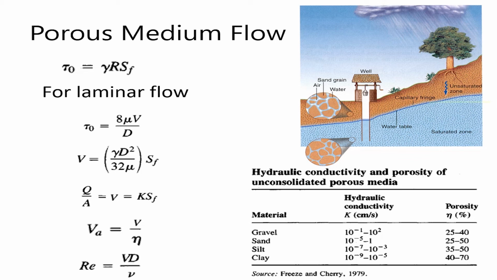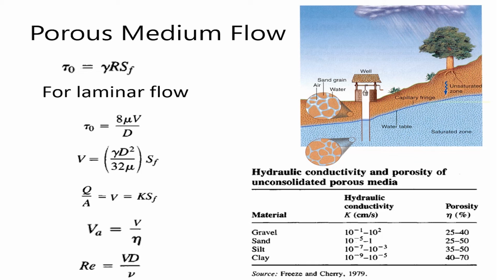In the groundwater, the ground is made of soil particles, and there are voids, and the water is flows through the voids. If you see here, this is the subsurface from which the flow is taking place. If you take a unit volume of this material, we can see that it has got water as well as soil.